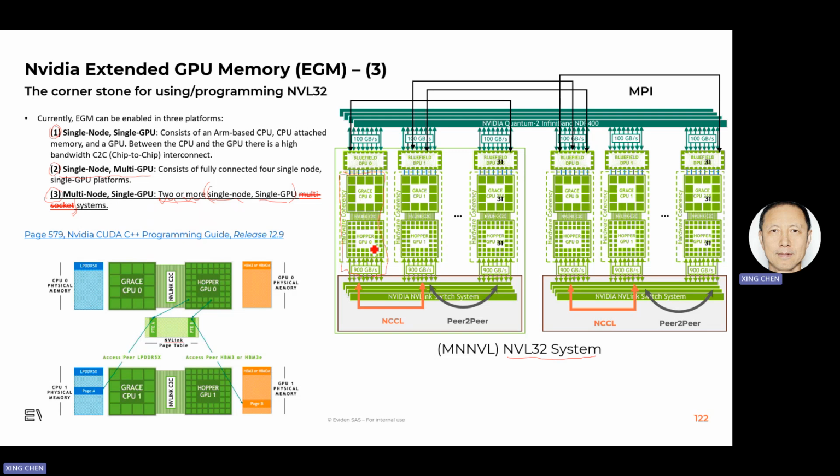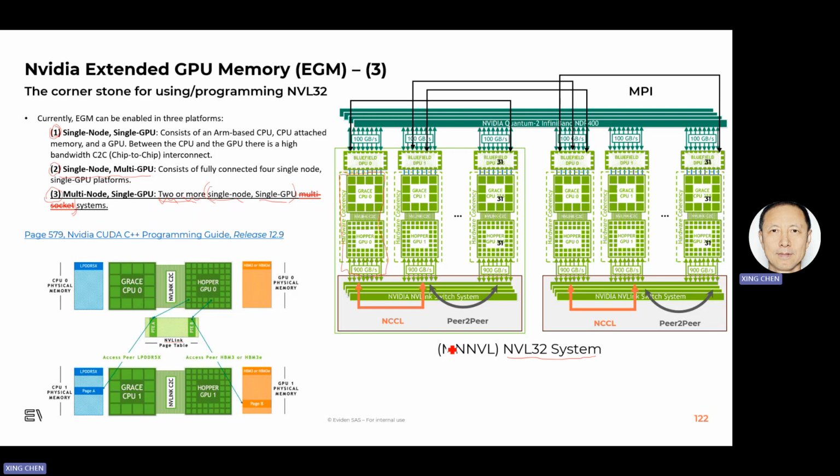So you have two or more Type 1 systems, and if you can use the Nvidia NVLink integration to connect all these 32 nodes, you are going to have this kind of NVL32. And this NVL32 is really what Nvidia means. So for the third type system, we have this NVL32